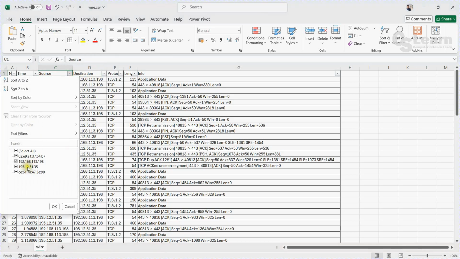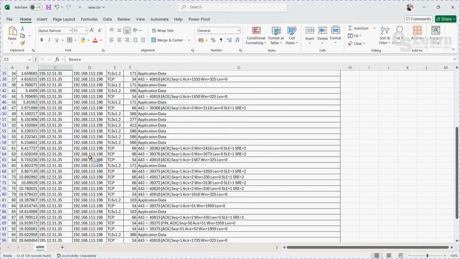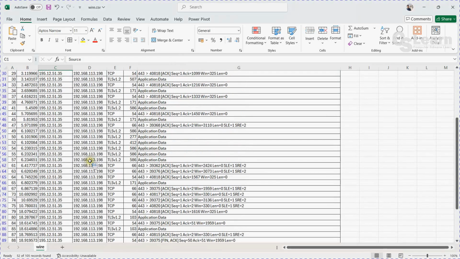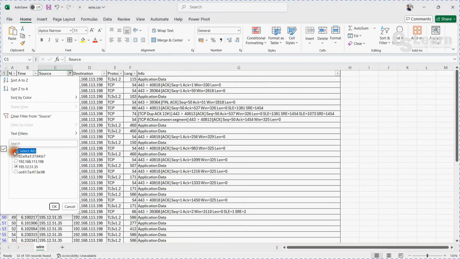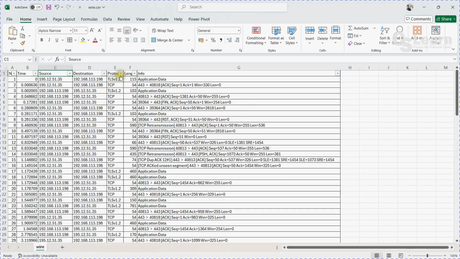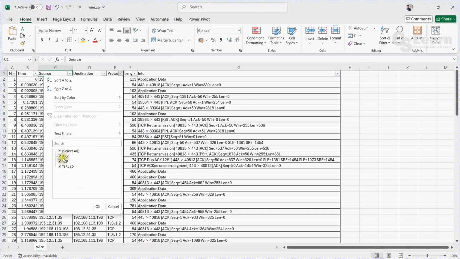For example, from the source IP I can filter, and it lists how many packets were transmitted from this IP. And next, here I can see how many protocols are used: ARP, TCP, and